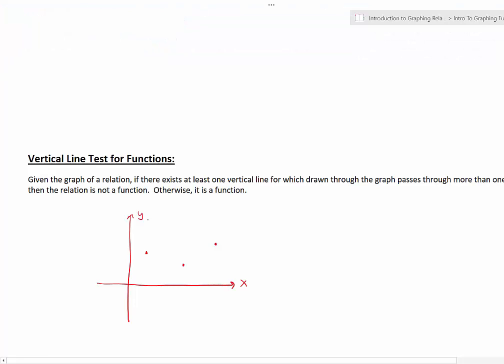If I draw a vertical line through every ordered pair, just pretend it goes there, on the graph, then each of these vertical lines is only passing through at most one point. So by the vertical line test, it is a function. We would say that this graph is that of a function